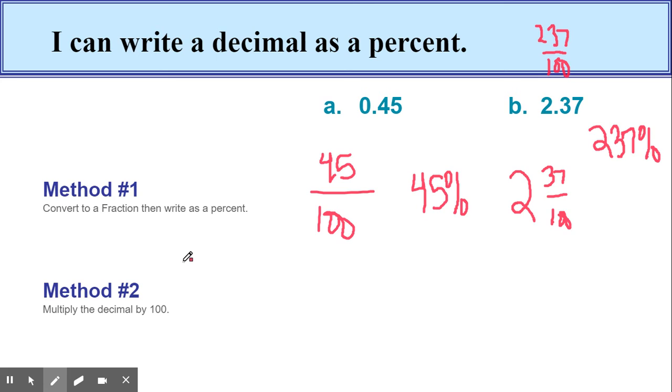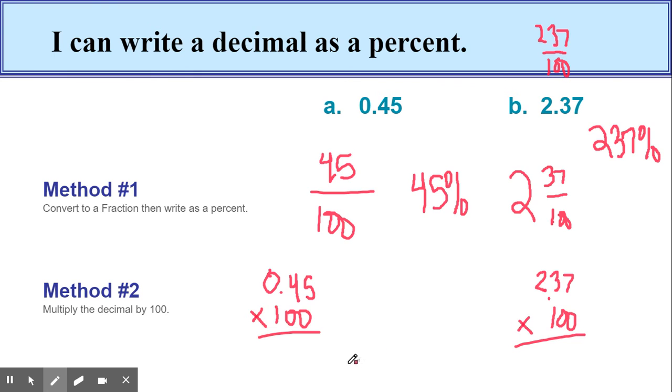Now, let's go ahead and try method two. So if I wanted to, I could do 45 hundredths, and I could multiply that by 100, just like I could do 2 and 37 hundredths, and multiply that by 100. Because percents are out of 100, that multiplication would get you 45, which is 45%, and it would also get you